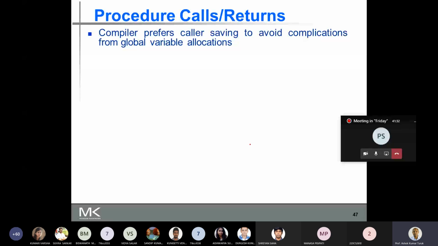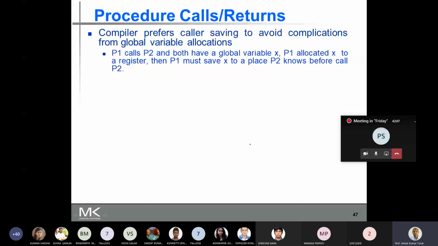If we have a global variable and that global variable is used by both procedures, then slight complications arise in case of callee saving, as a result of which the compiler prefers to use caller saving. Now let's look at what the complication is that arises if you are using callee saving.